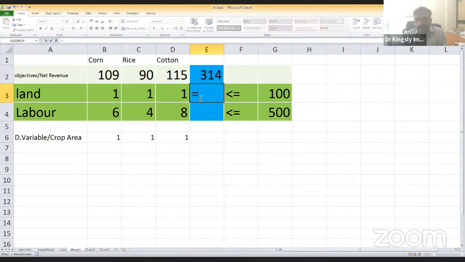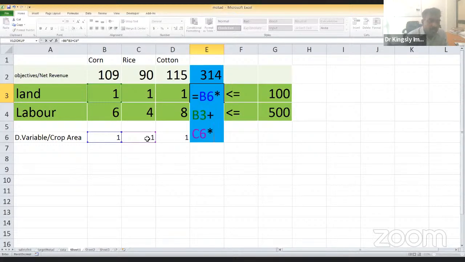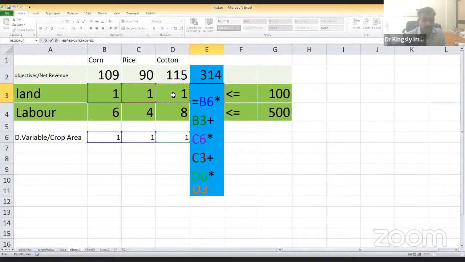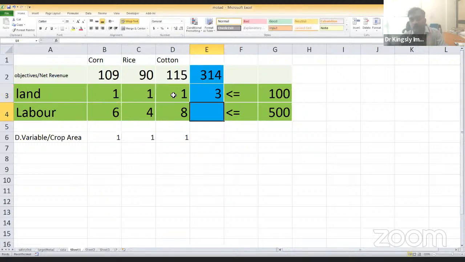We know it. What is the crop area? We know it. What is the land usage? So what could be 1 into, that means crop area times crop area needed, plus crop area under rice times land needed, plus crop area under cotton times area needed in cotton. Okay, so 3 hectare. So if you allocate 1 hectare across each crop, actually we will be using 3 hectare of land. Similarly, labor, same formula,